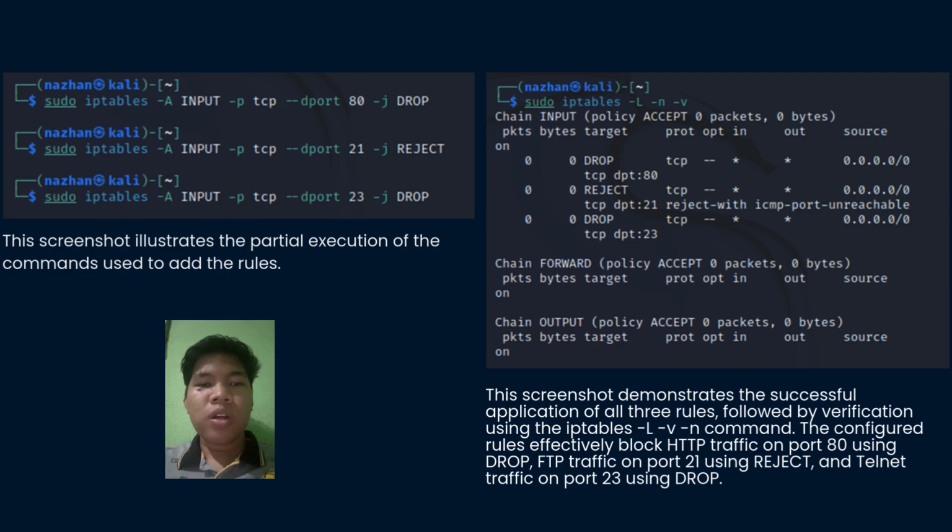So now the configuration and verification of our firewall rules. Our goal was to block common but insecure services. We executed 3 specific iptables commands to achieve this. First, to block standard web traffic, we use sudo iptables -A INPUT -p tcp --dport 80 -j DROP. This appends a rule to the INPUT chain to silently drop all TCP packets destined for port 80, which is